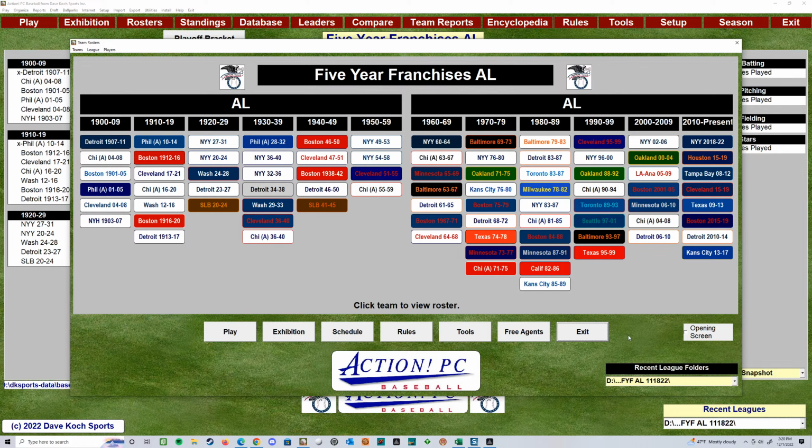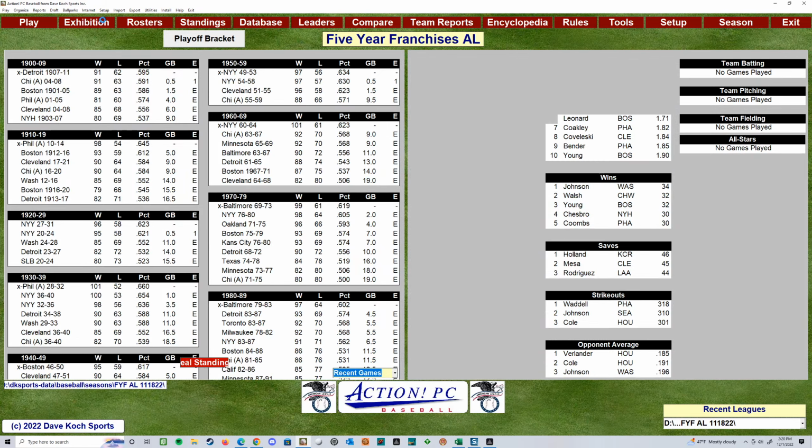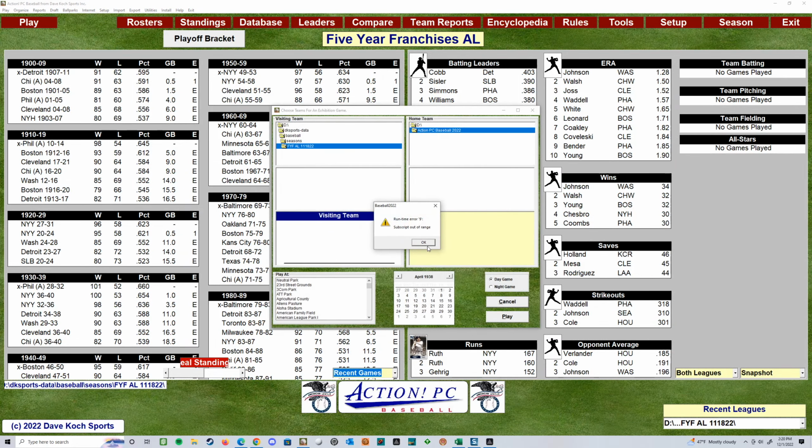So this edition, 2022, which I'm playing with, they expanded to 120. So a couple of little things that I've been able to find out because I've pushed the envelope on that. When we got over 80 teams on the 2022 version here, some people had reported to me on the Action forum that they couldn't run an exhibition game. It was a weird situation. So if I go in here, I can just play the playoff games or a scheduled game. If I hit exhibition, boom, I get a runtime error.